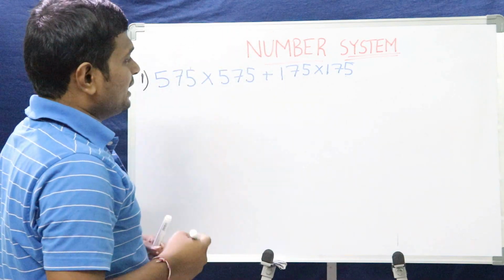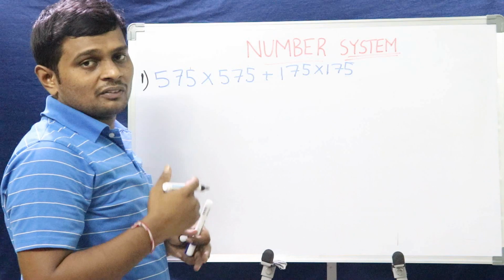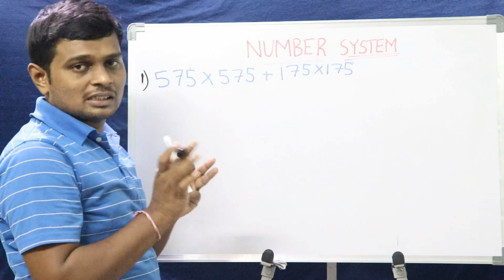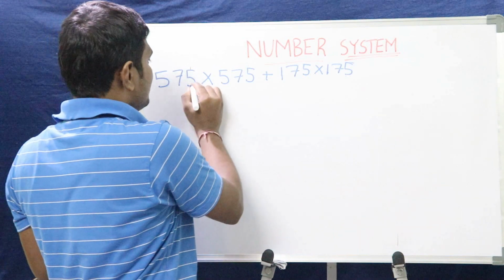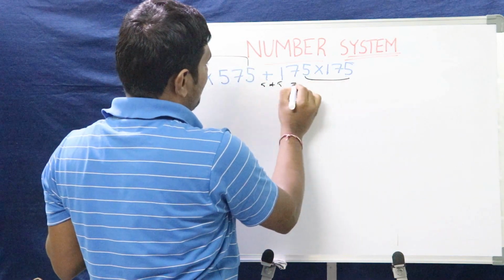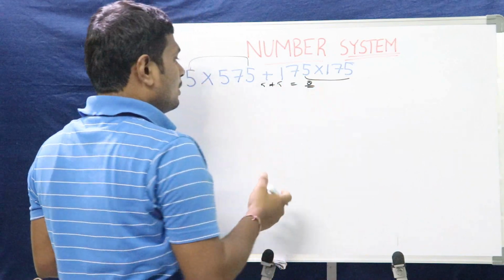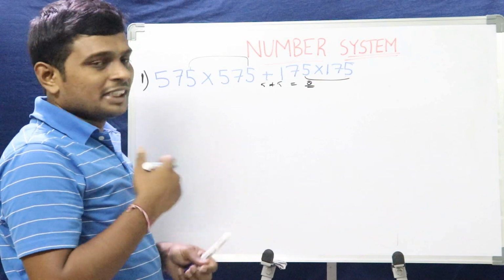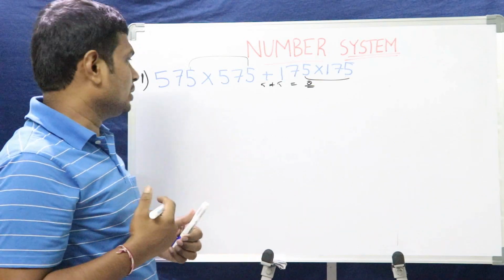In order to simplify any number system problem, the first step is to calculate the unit digit. If we are given some options, what would be the unit digit here? 5 5s are 25 plus 5 5s are 25, 5 plus 5 is 0. If we have only one option with the unit digit 0, that would be the answer. If we have multiple options, we need to go ahead and solve it.